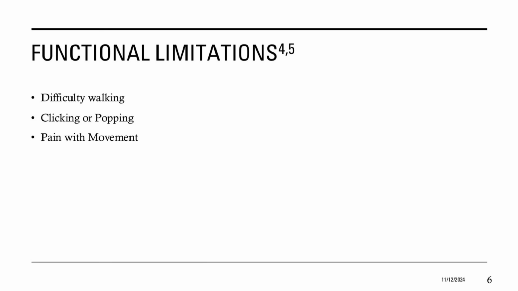Our functional limitations include difficulty walking, clicking and popping, or pain with movement. With difficulty walking, you'll see things such as ataxic gait, waddling gait, and just some overall weakness. Clicking and popping, you'll see in movements such as flexion or extension, for example, when you're sitting and rising from a seated position. You'll also see it in movements such as turning over in bed or walking on uneven ground. And some pain with movement, you'll see this when an individual is coughing, sneezing, or walking on